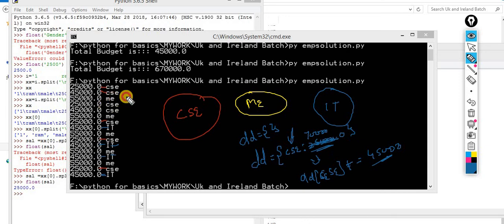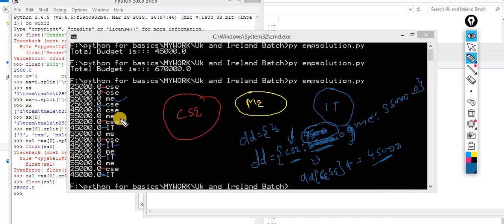Okay, in the next case, mechanical is there. Inside the dictionary there is no mechanical. First I have to add mechanical. Now I added mechanical as it is, because this is the first time it is happening. Okay, 55,000. In the next iteration, CSC comes again. So I know I have CSC. So what do I have to do? I have to get this value out and sum this value into it. So now it becomes 95,000.